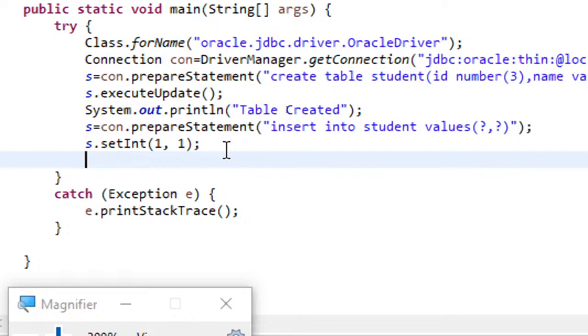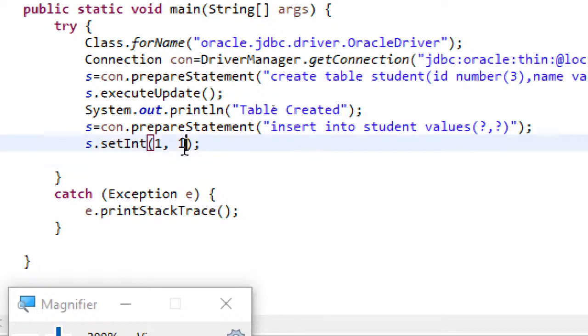Right now I am giving the value directly. I am giving you an assignment task: read it from the user using the Scanner class and pass that variable to this setInt method. I think you can easily do that.